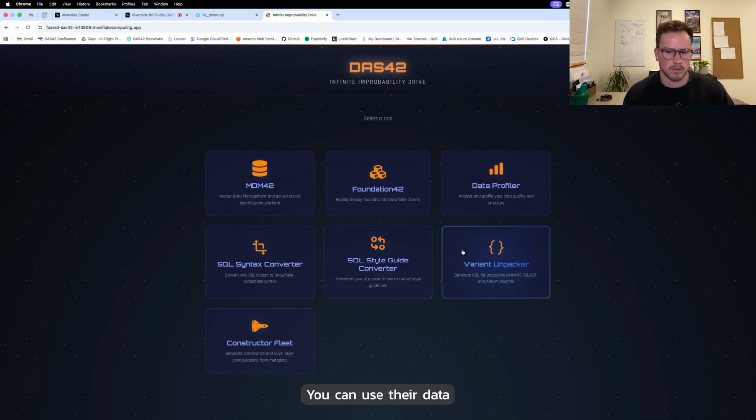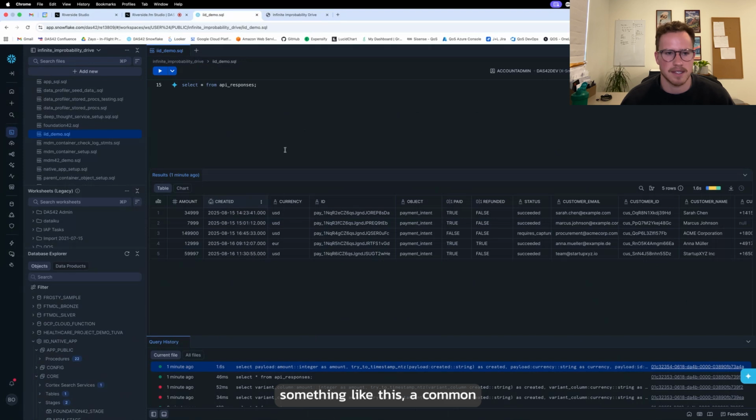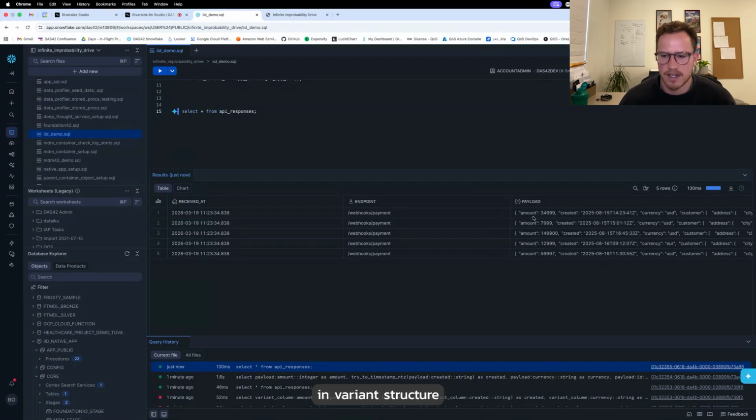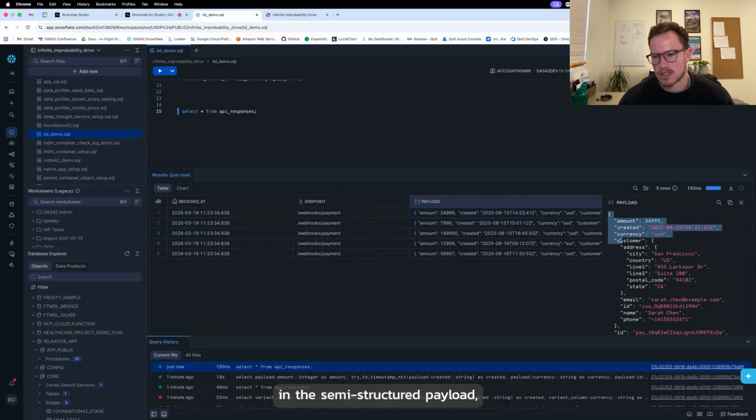You can use their data type called variant, which basically is a housing ground for any semi-structured object. So it would look something like this. A common bronze architecture is to bring everything in as a variant structure in the semi-structured payload, and just allow Snowflake with this variant column to house everything. Which is great because I've got the data in Snowflake, and now I just need to unpack it and make it look like a regular table that I could execute common SQL on and work through a medallion